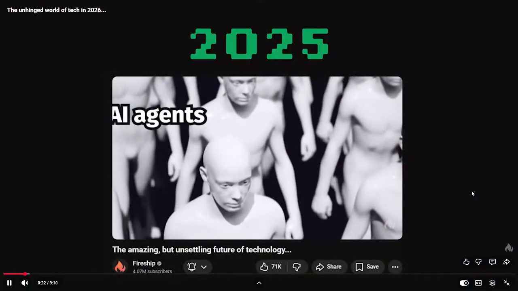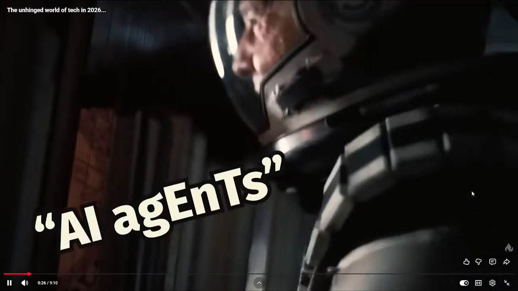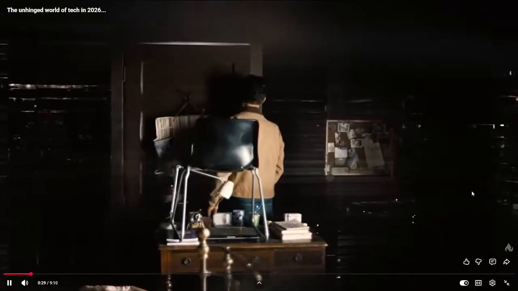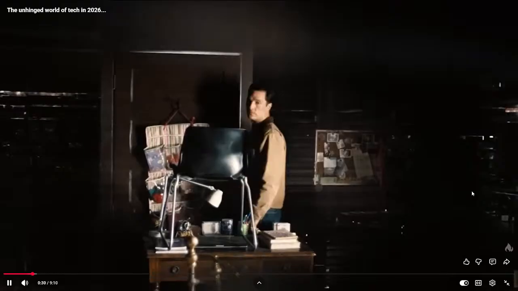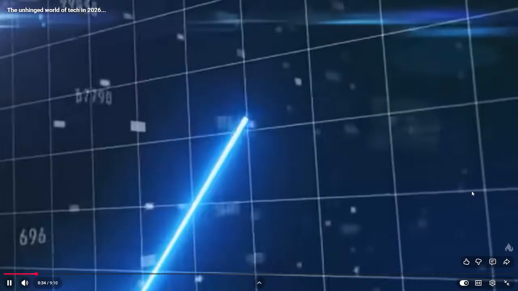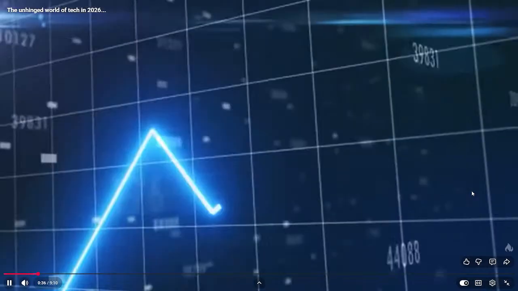Last year, I told you AI agents would be the big thing. Had you listened to me, you'd be a billionaire right now, but you didn't listen. In fact, I didn't even listen to myself, and now it's too late to front-run this trend. But all is not lost. There are some even bigger trends emerging in Silicon Valley right now,